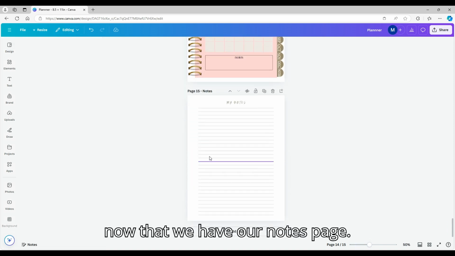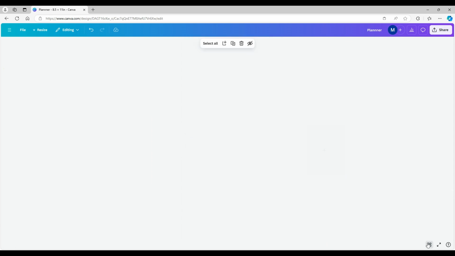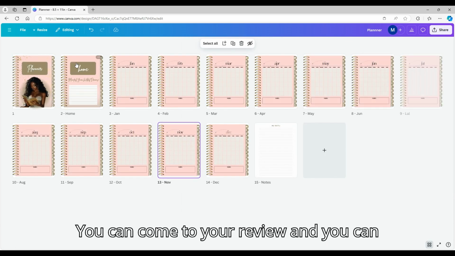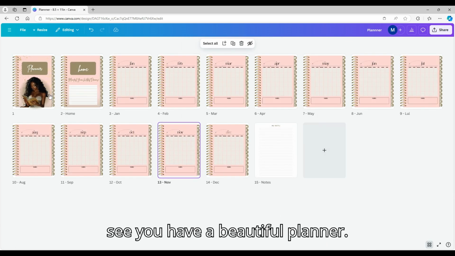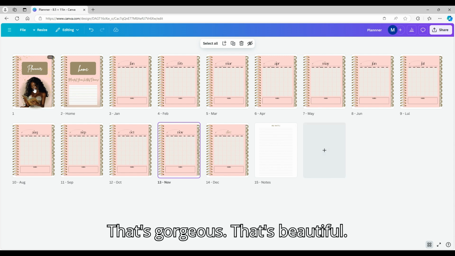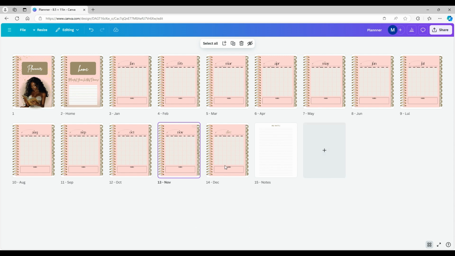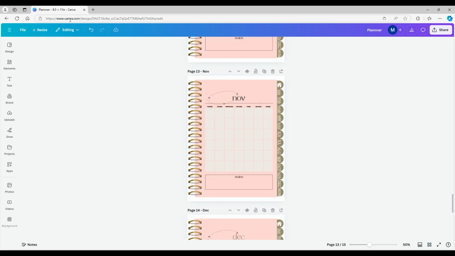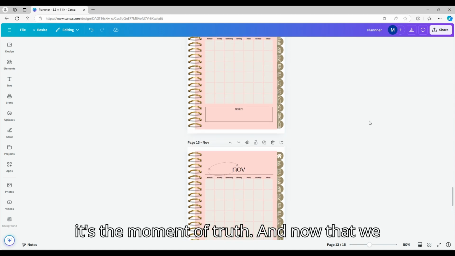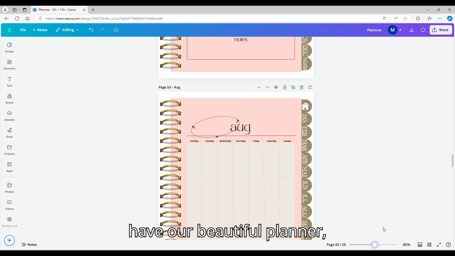All right. So now that we have our notes page, you can come to your grid view and you can see you have a beautiful planner. That's gorgeous. That's beautiful. They're all hyperlinked. So now it's the moment of truth. And now that we have our beautiful planner,